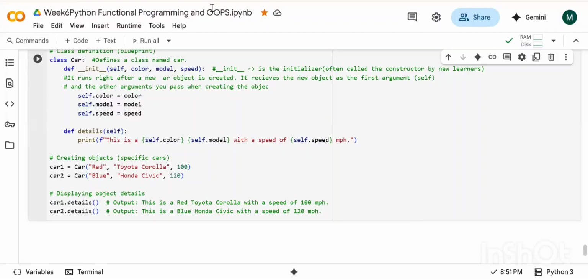Yes, Saswat, you have got it. Details is not a constructor. Only init is a constructor. Init is an initializer. Details is a function that we are creating, not a constructor.